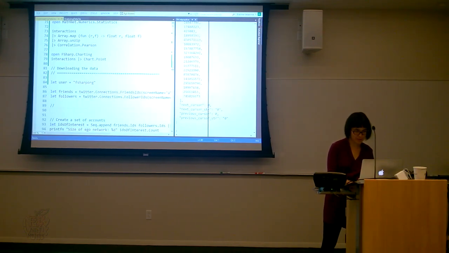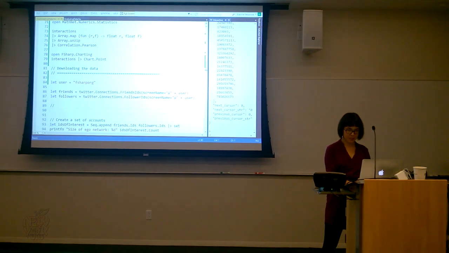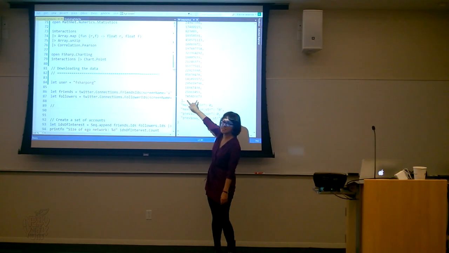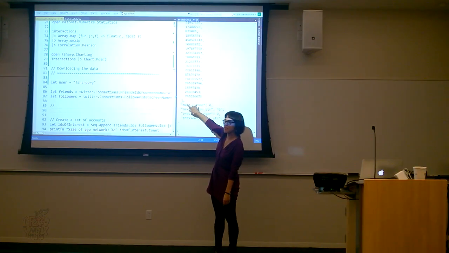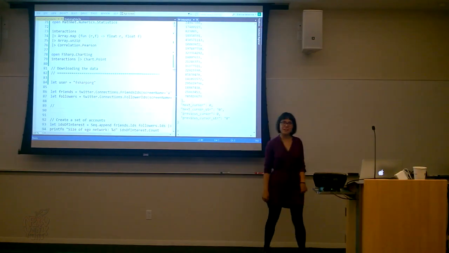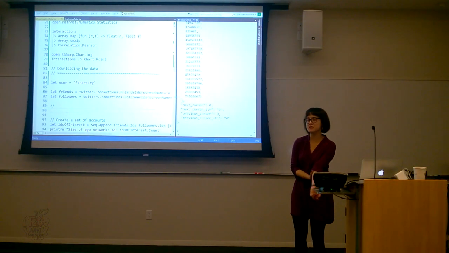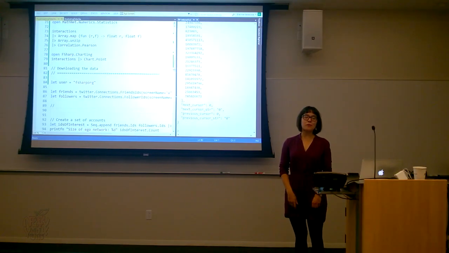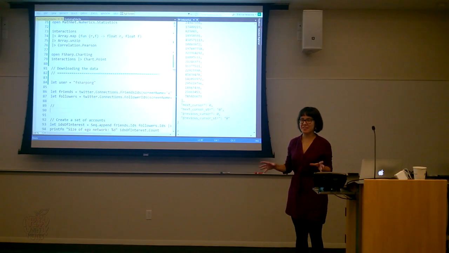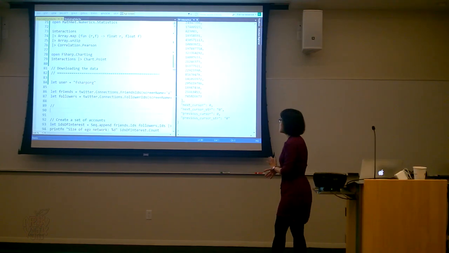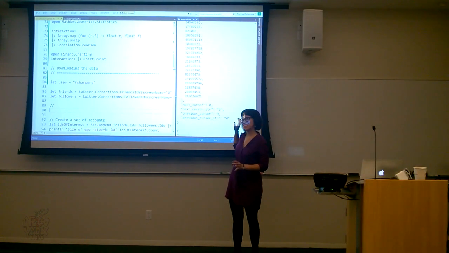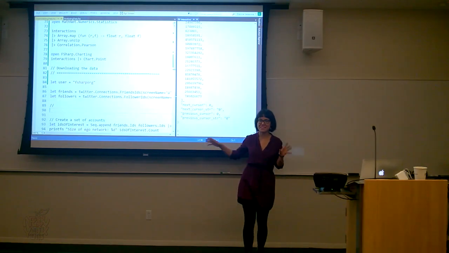And you can see that what I'm getting back from Twitter are IDs of friends and followers. And this is actually where the F# type provider comes into play very nicely, because most of them do fit inside one integer, but the more recent accounts fit onto a 64-bit integer.